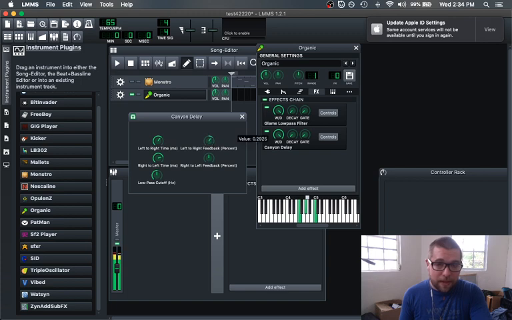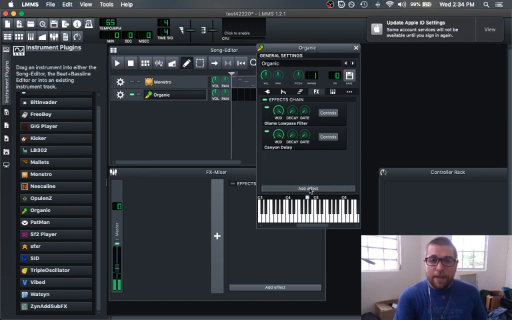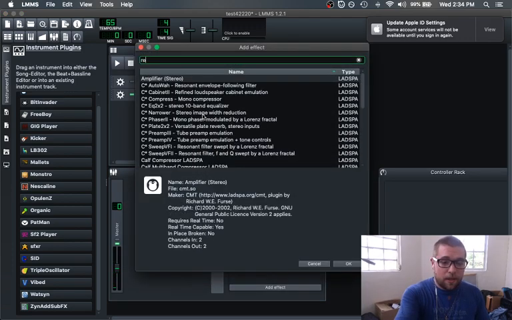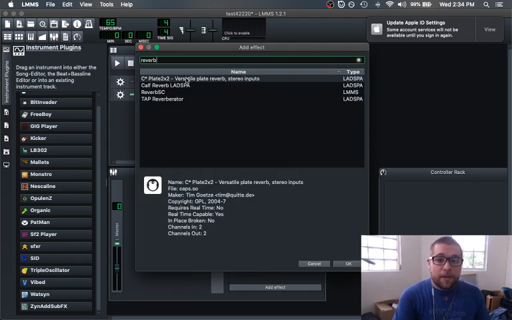Add some more feedback to it. Hear it left and right a little differently now. Cool. And then last but not least, of course, good old trusty plate reverb.